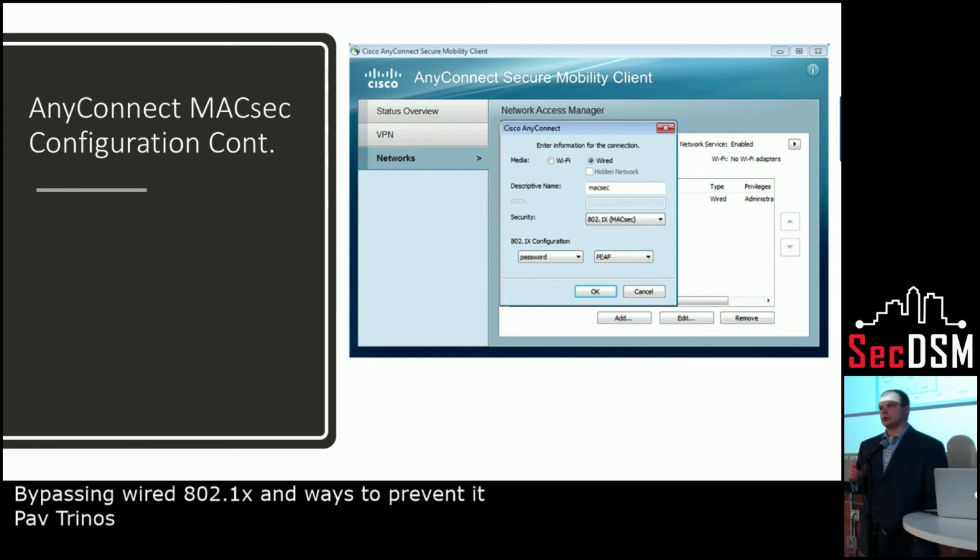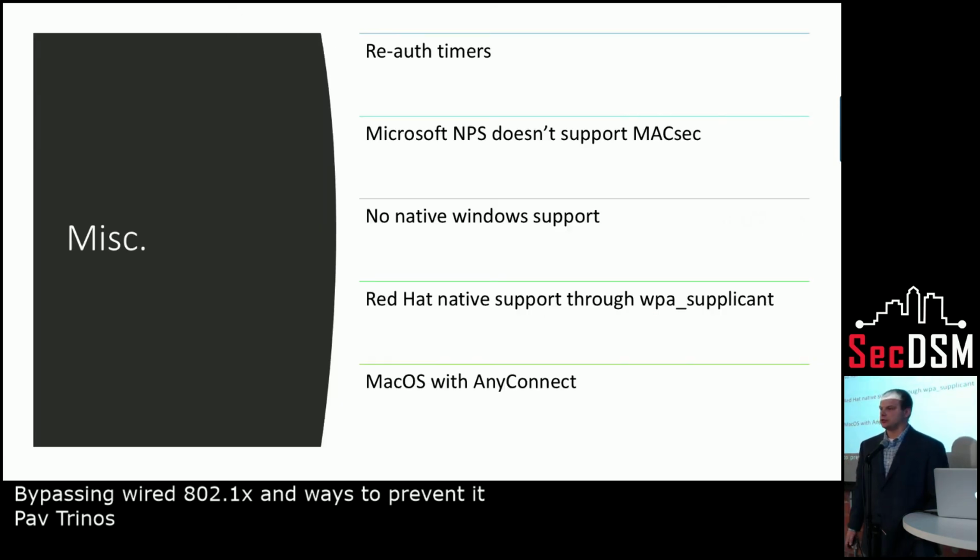From AnyConnect. So AnyConnect really fixes the problem of Windows, any Windows for that matter, from XP down to Windows 10. It fixes the Mac because Macs do not support it natively, even though it's Linux, right? What's wrong with them? But one OS that truly supports it natively would be your Red Hat. Red Hat with WPA supplicant, it will natively support it. It's roughly 15 to 20 lines of code. Once you put it in, you're done.